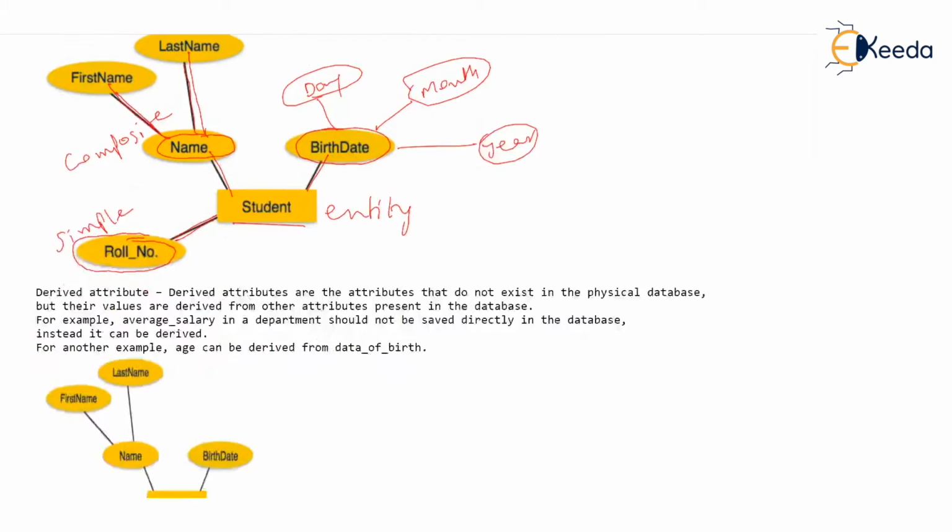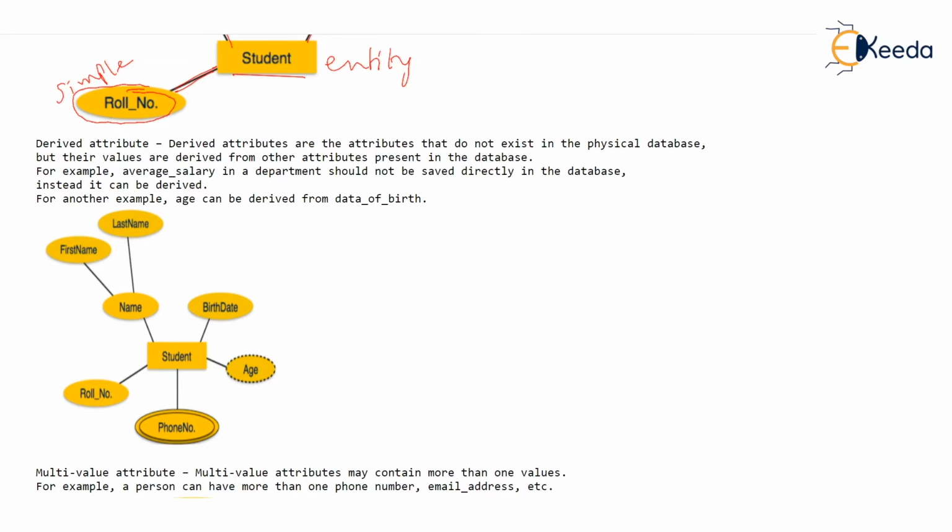Okay. Now more types of attributes we have, like derived attribute. Actually, these types of attributes will be thrown away later on. We are not going to store such attributes. But initially, it is very important to study these attributes also when the customer gives requirements. For example, student is an entity and student has age. But actually, you never store age in the database, because if you are going to store birth date in the database, you can easily derive the age.